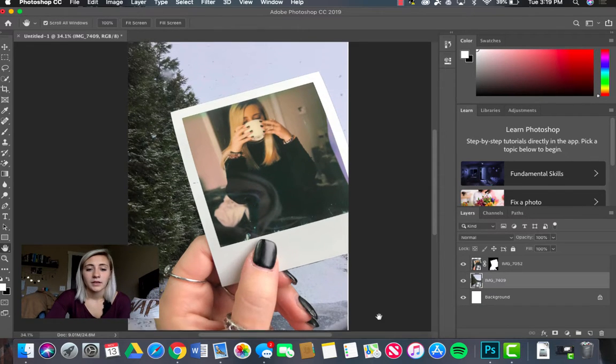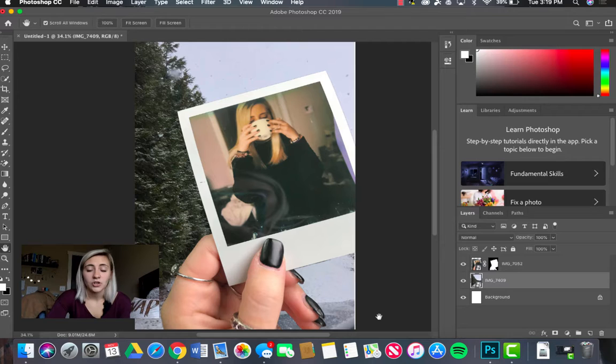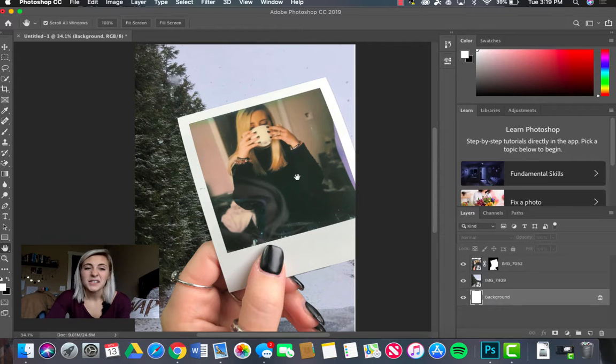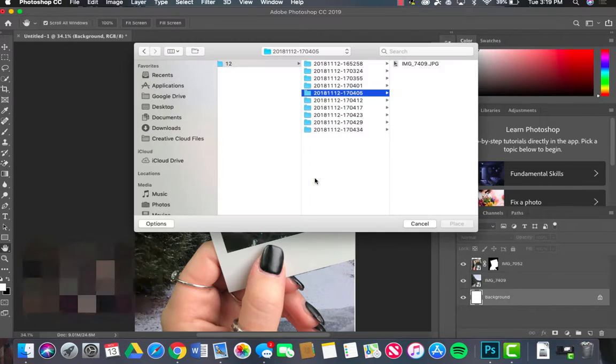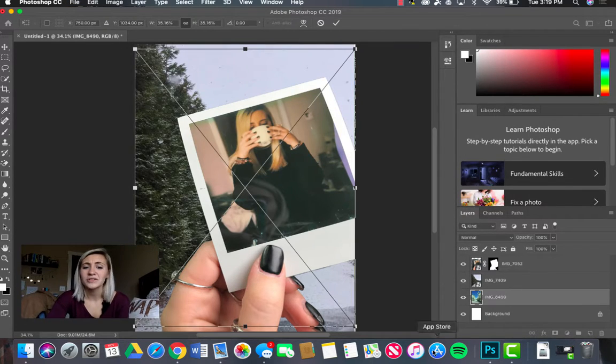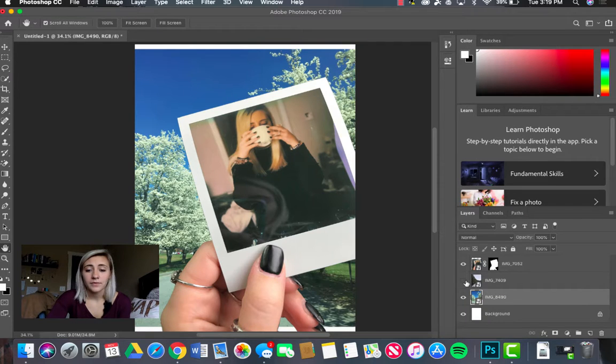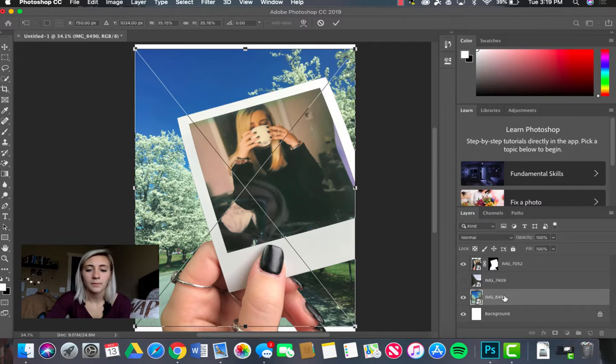So, that's one background image option. And if you want to, I usually like to add a couple and then decide so I can look at them back to back. So make sure to press the background again, go back up to file, place embedded. You see how you can still only see that one? So you're going to go over here, and there's a little eye icon, looks like a little eyeball. You're going to unclick it, and it takes away that image. So when it's clicked, it's there, unclicked, it's not there. So I'm going to edit this one, Command T,